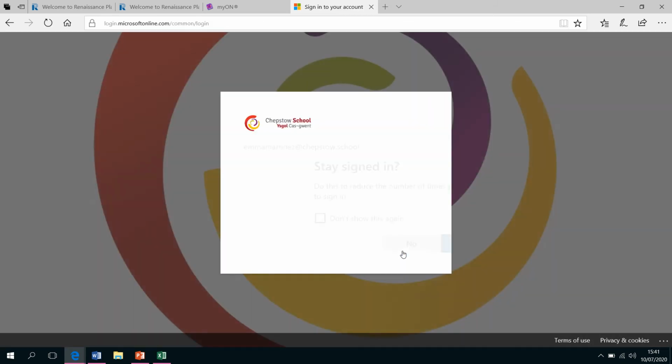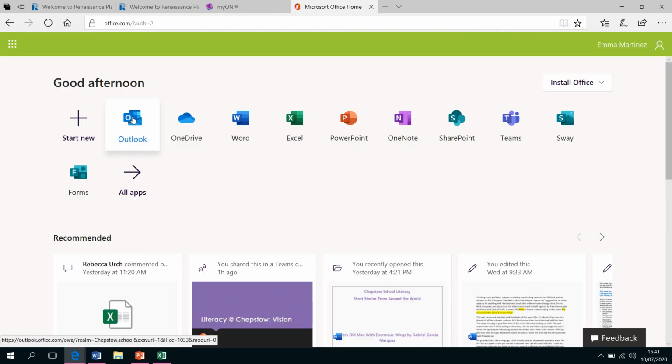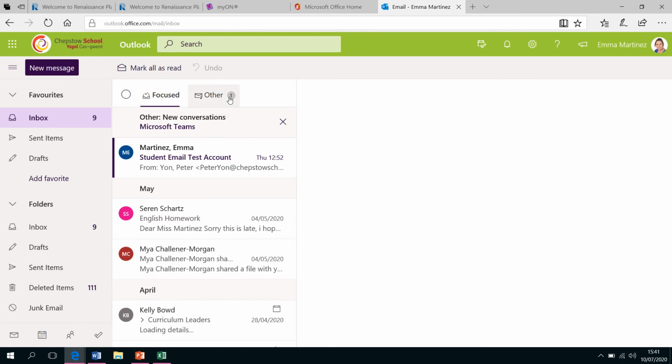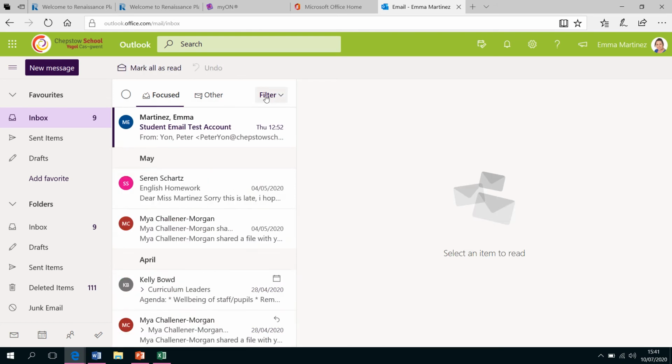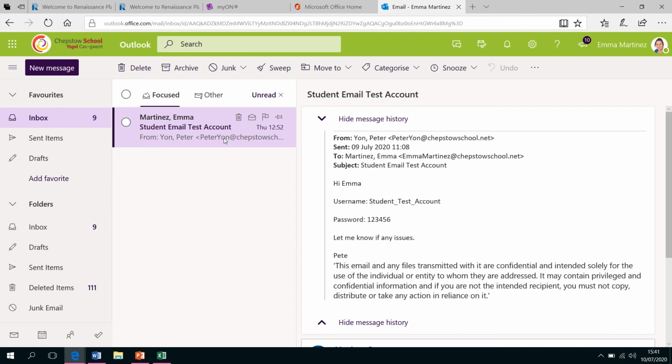Password. Yes. Go to my Outlook, and that's where all my emails are. I'm going to filter it to unread. And you'll see that you too will have an email from Mr. Peter Yon at